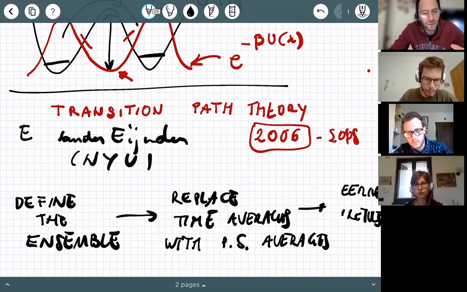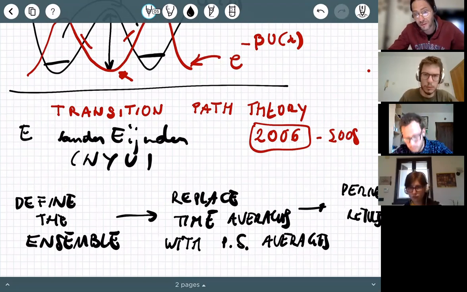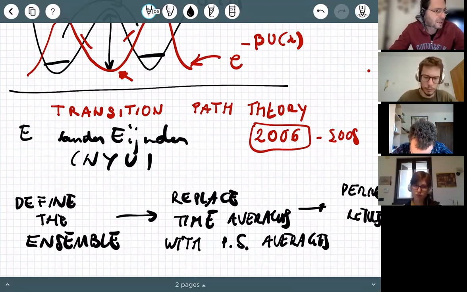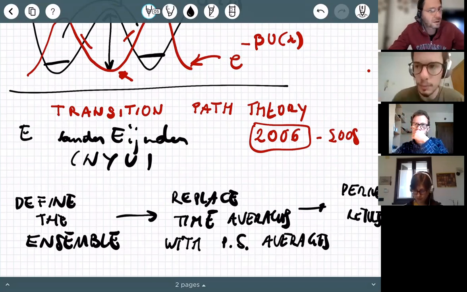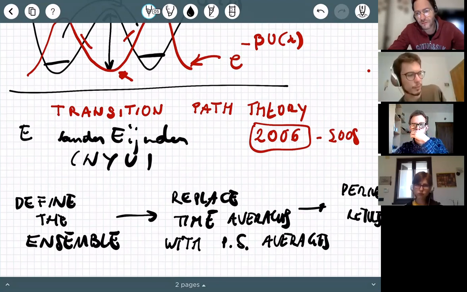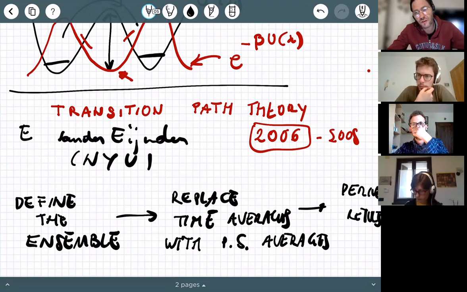But the logical step of the Boltzmann theory, if you want, is first you define the ergodic assumption, and then you define the property of your ensemble, which is the equilibrium ensemble. Then you make a physical assumption. People have tried to prove it in some rigorous way, but originally it was at least a physical assumption: that if I wait long enough, I can introduce the concept of the copy of the system by replacing time averages with averages over distribution densities, right? And then I derive the distribution density.